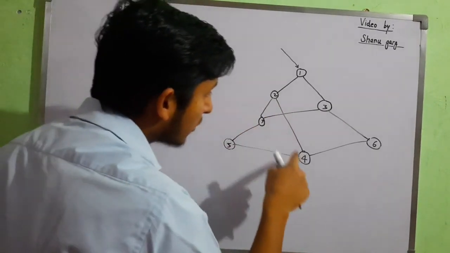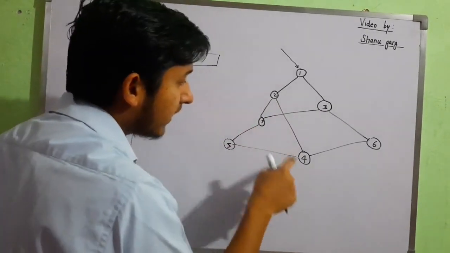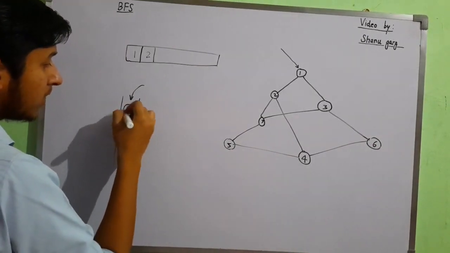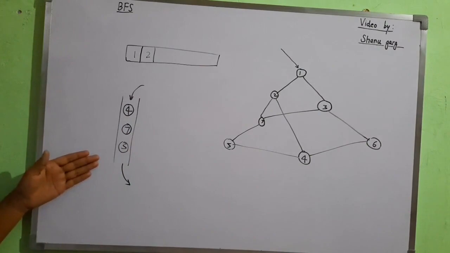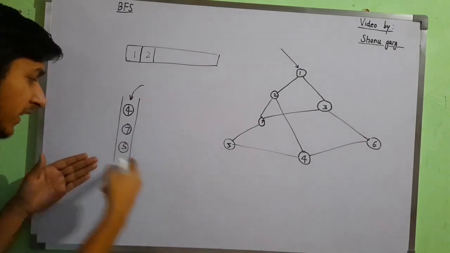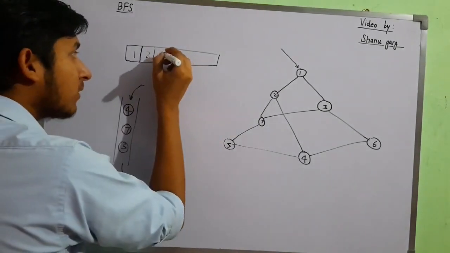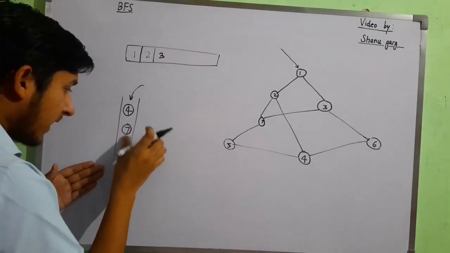and it will let this Q know that it has 2 children. Okay, 7 and 4. So 7 and 4 enter this Q. Okay, now this Q will say, hey 3, you know, just get out of here, get printed on the output screen and let me know your children.